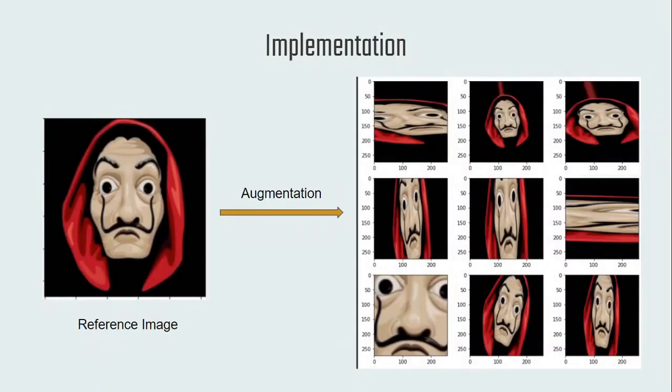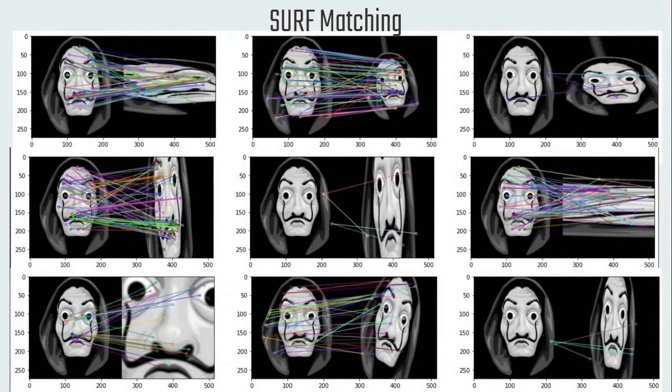So this is how SURF is implemented. First we have an image, and then different types of augmentations are possible. We try to stretch the image or rotate the image to see whether our descriptor or the detector is invariant to rotation. These are the results we obtain from our code, which will be given in the description. We can see that the SURF matching is done properly, irrespective of whether the image is upright, rotated, whether its scale is changed, whether it's stretched, zoomed in, zoomed out, etc.